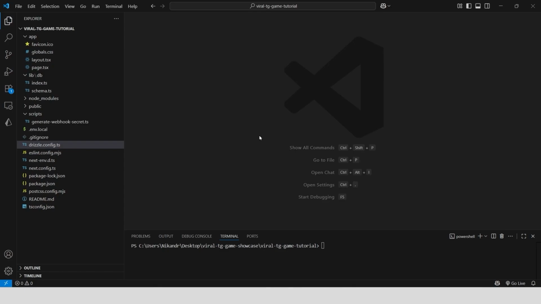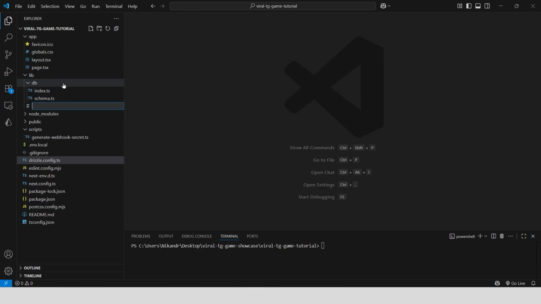Finally, we'll configure our entire local development environment using ngrok to see our app running live inside Telegram for the first time. First things first, let's create a centralized configuration file. This is a crucial best practice that keeps all our important game variables in one place, ensuring consistency between the frontend and backend. Inside the lib folder, I'll create a new subfolder called config, and within that a new file